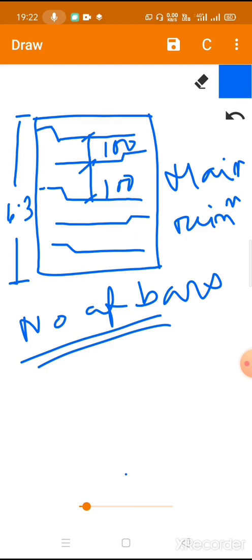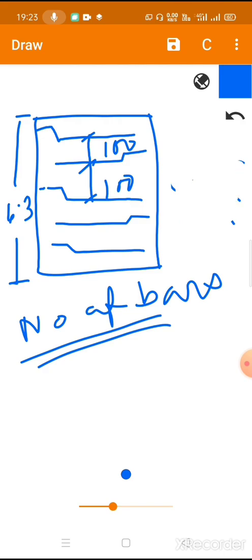Now we need to find out the number of bars provided along the shorter span, which is the main reinforcement. Okay. Now what is this length along which the main reinforcement is provided? Along this length, 6.3, isn't it? But the length we will consider is not 6.3,